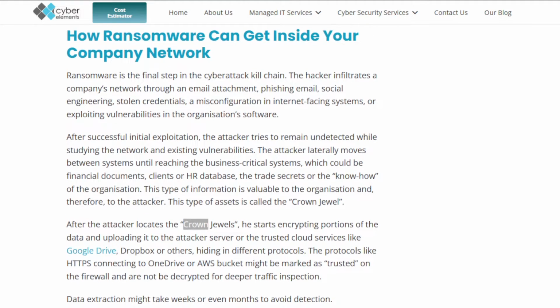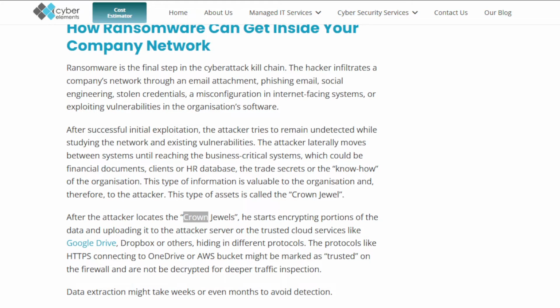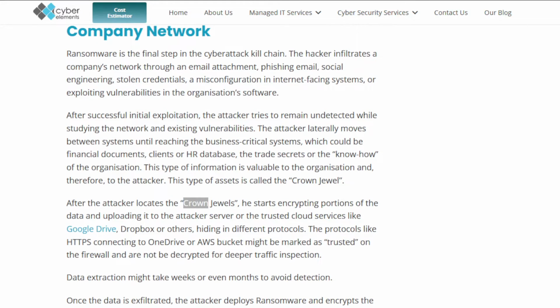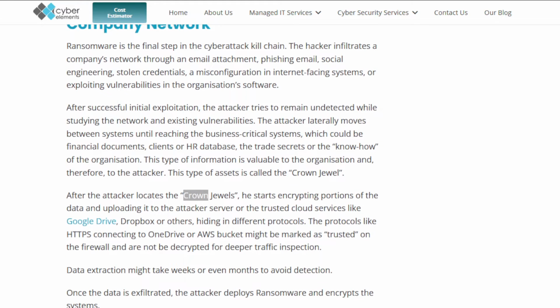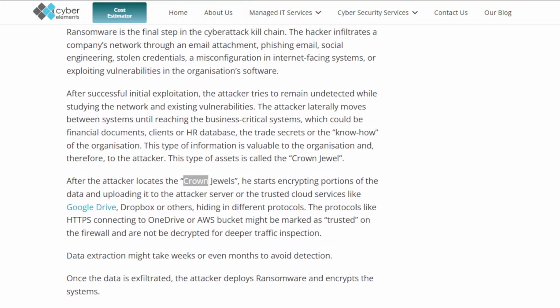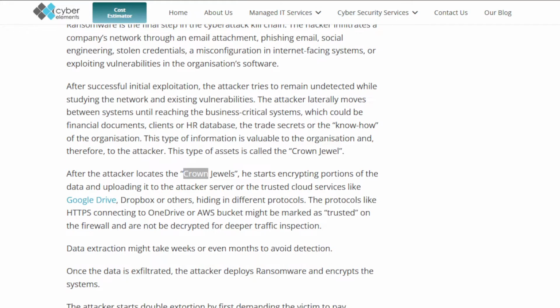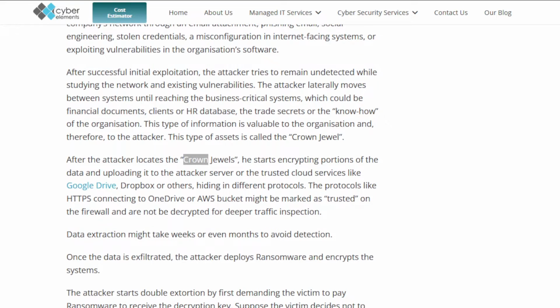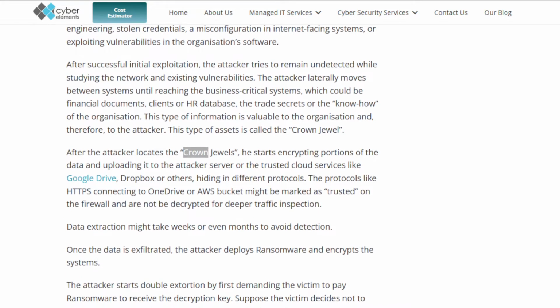After successful initial exploitation, the attacker tries to remain undetected while studying the network and existing vulnerabilities. The attacker laterally moves between systems until reaching the business-critical systems, which could be financial documents, client or HR databases, the trade secrets, or the know-how of the organization.